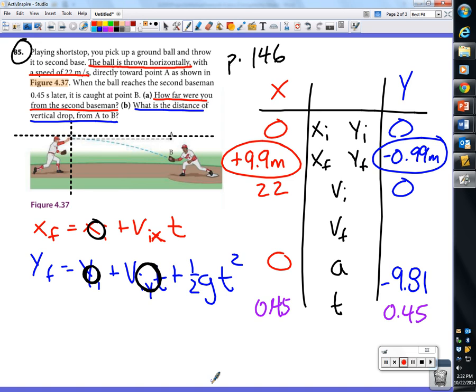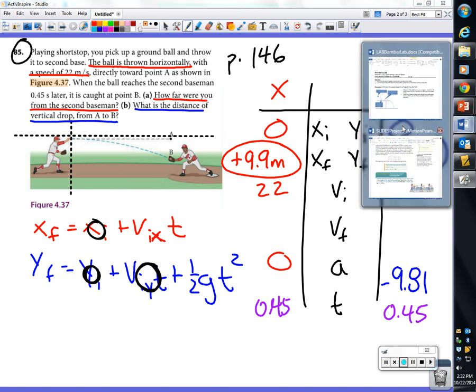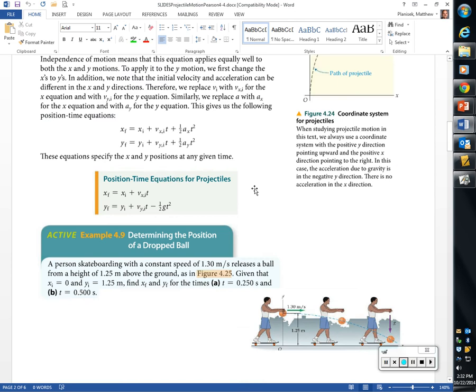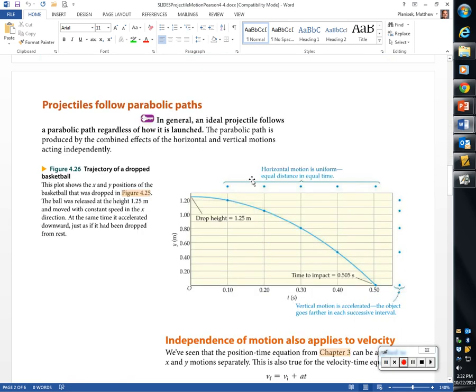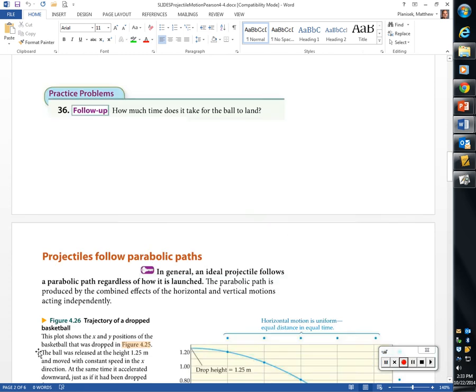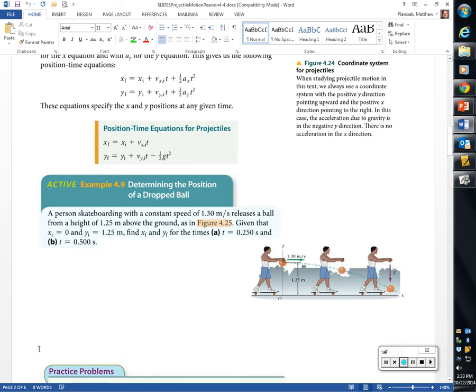All right. So, Brett, back to your question. Okay. On page 3 of your packets, the top part talks about the path that projectiles follow. And like it says, projectiles follow parabolic paths. We have two motions that are occurring simultaneously. We have a horizontal motion and a vertical motion. Looking at the equations, the horizontal motion